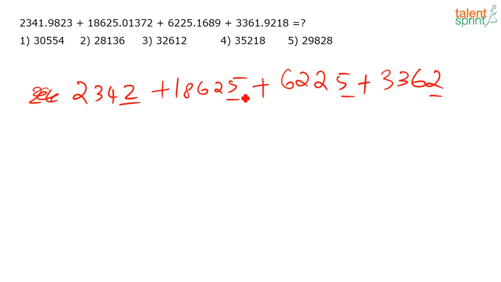So here 2 plus 5 is 7, 7 plus 5 is 12, 12 plus 2 is 14. Which is the option that has 4 in the end? This one. Now, if there was one more option which had 4 in the end, then try to add the next set of digits also. Otherwise, you needn't, okay? So, less than 10 seconds, you should get the answer for this question. Hope it's clear. Now let's move on to the next question.